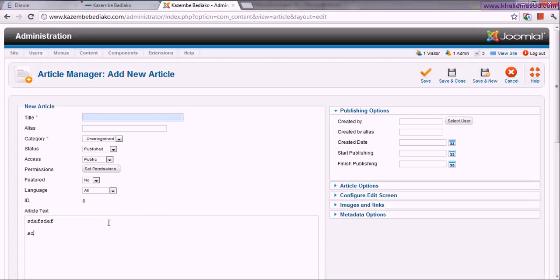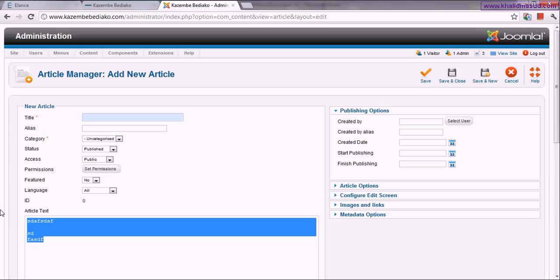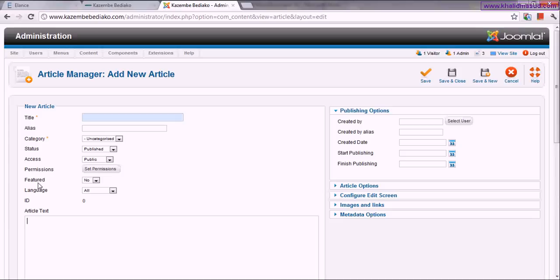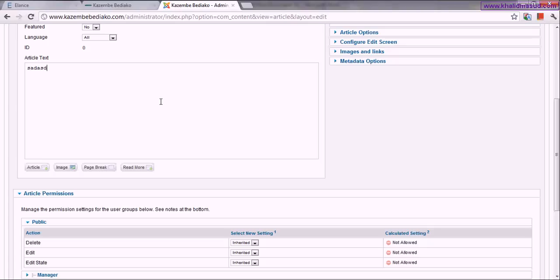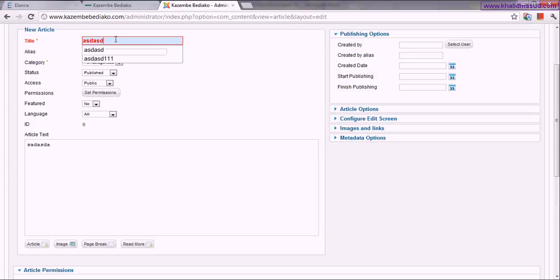You can add a new article here, and after entering your text you can add a title for it, and for the alias you can write anything, but you must not have given this name to any other article. The rest you don't need to know.